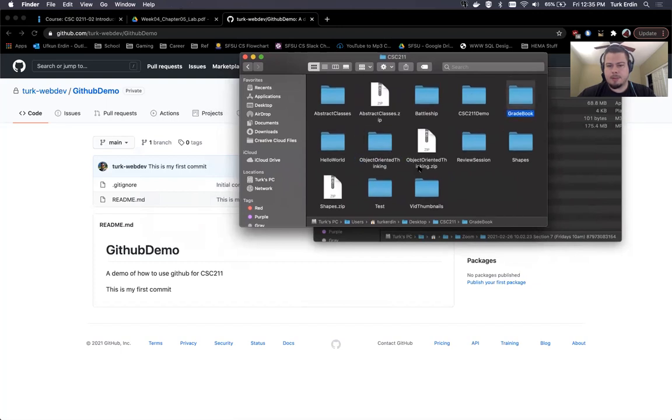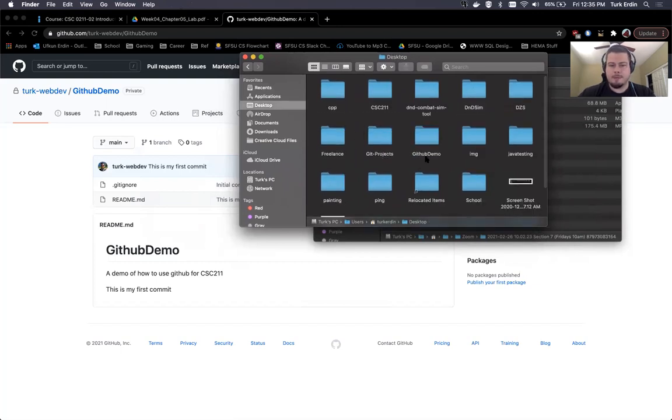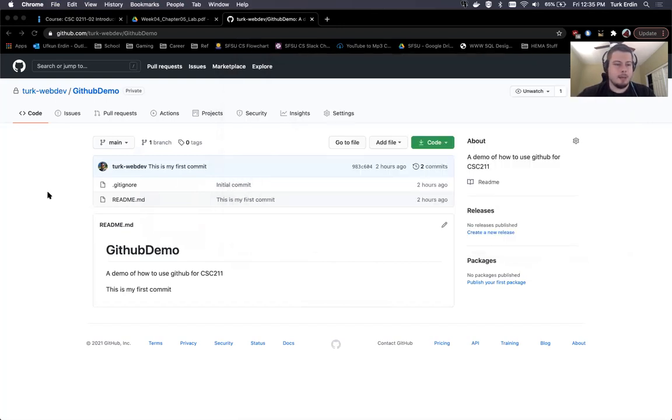Where's the GitHub? Oh yeah, I put it on my desktop, I think. Yeah, GitHub demo. Let's get rid of that. So what I did to do this,